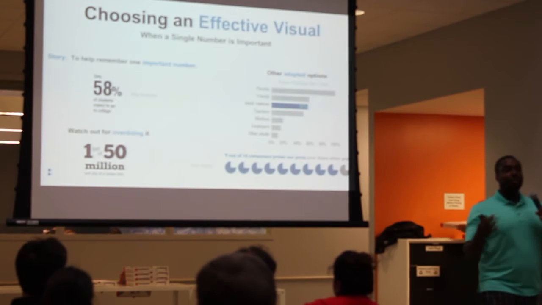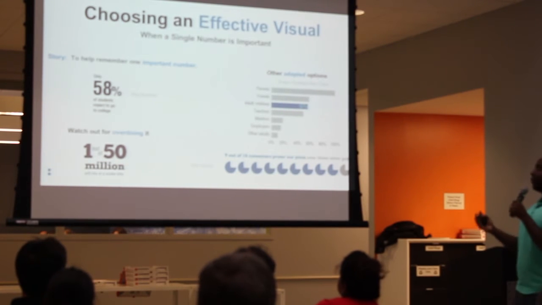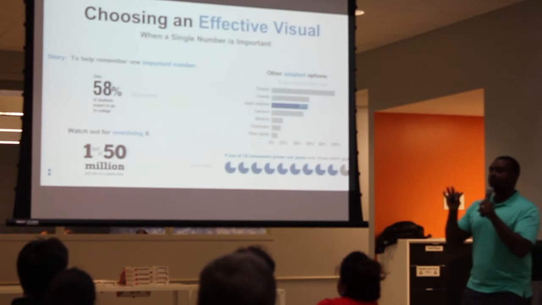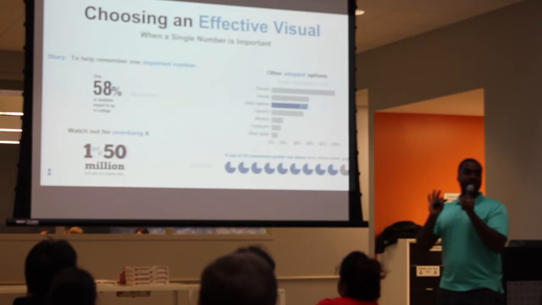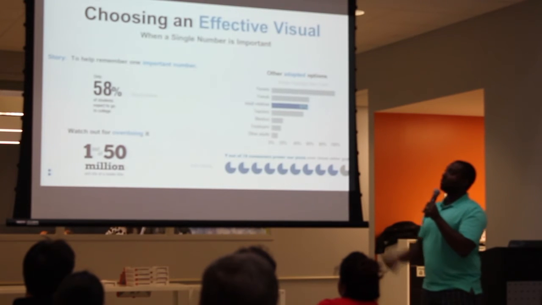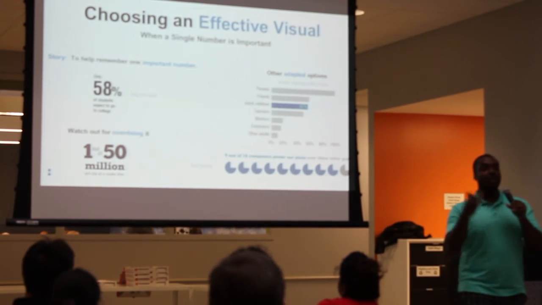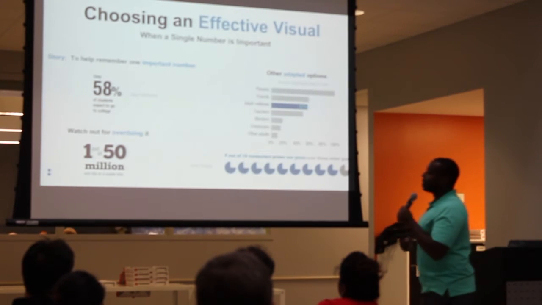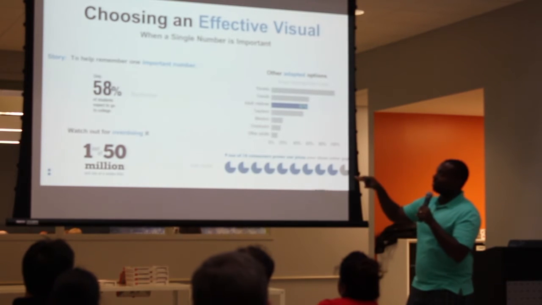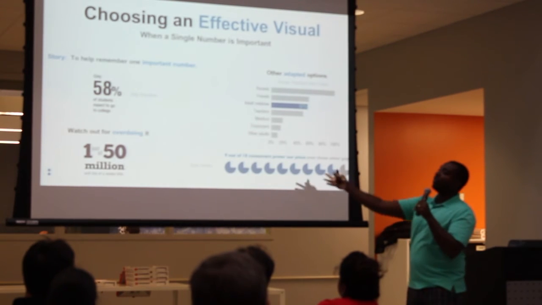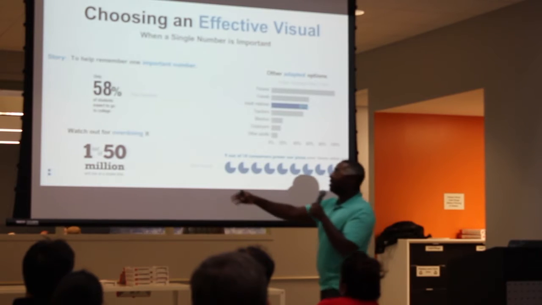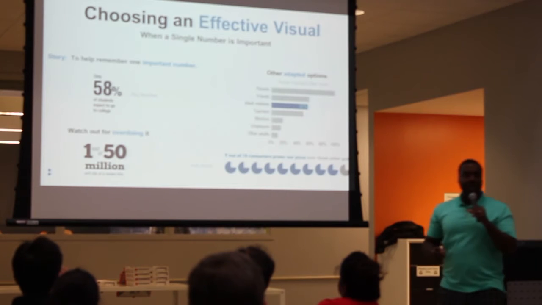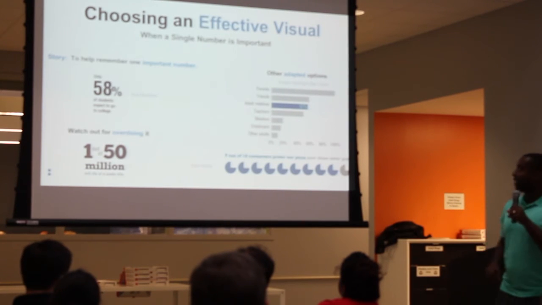So a big number or an icon array, what is that helpful for? If that one number is important, you want people to just know what that number is. And so I pulled the example of 58% of students. We all know when we look at that, that's a low number. And I will say that we should probably watch out for overdoing it. Size makes things seem more important, but if everything is big, like in this example here, it seems a bit too much. So watch out for making everything big. Make the number big, let the data speak.